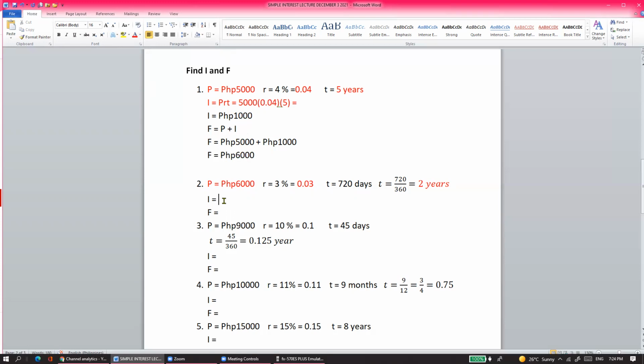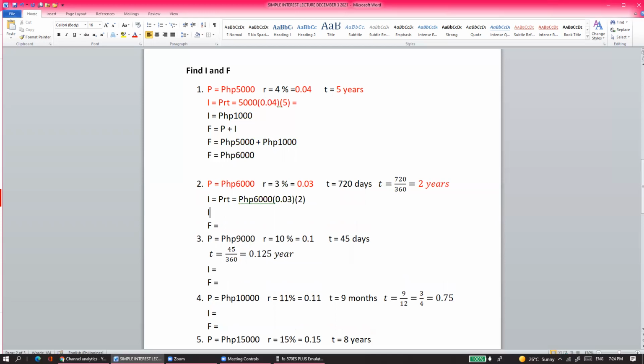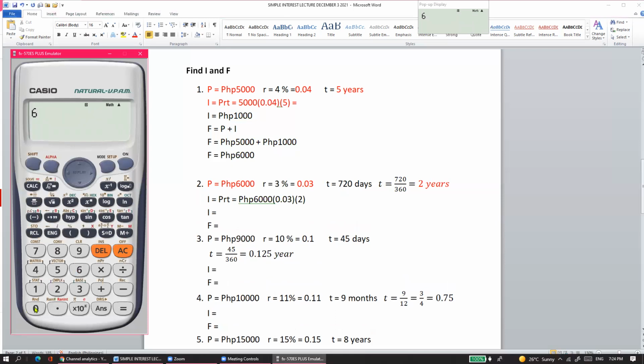So we have to solve for the I now. Again, same strategy. So I'll type PRT here. So I'll just type PHP 6,000 and then times 0.03 and then times 2 years. So we will be having a value for I here. So ano kaya yung makukuha natin? So the value for I, if we're going to calculate it, 6,000 times 0.03, then times, and then let me type the time of 2 years. So I think we'll be having a value of,